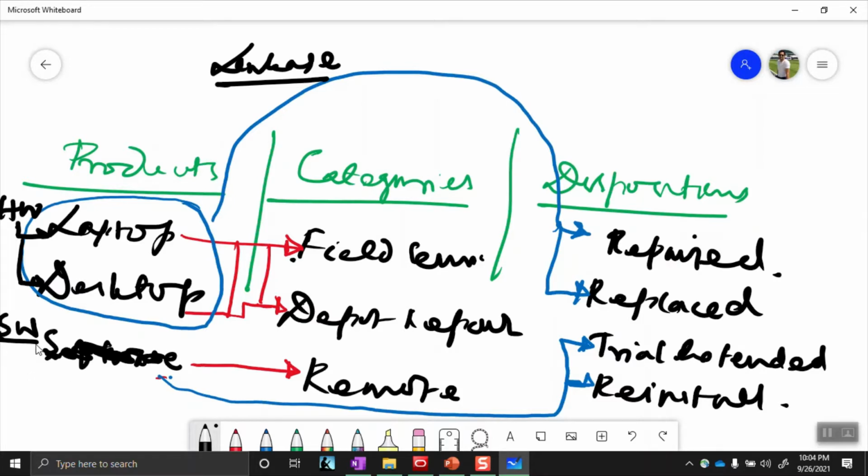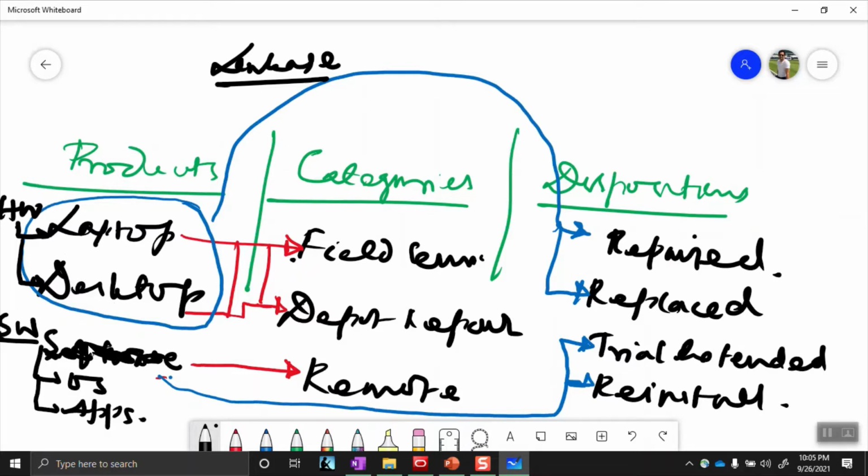Let it be a parent product, and under that software I can have either the OS, that is the operating system, or the application, the apps. In that way you can have your own parent-child combinations. These are called siblings or children in our Oracle Service Cloud, and we will be seeing these things in our demo.